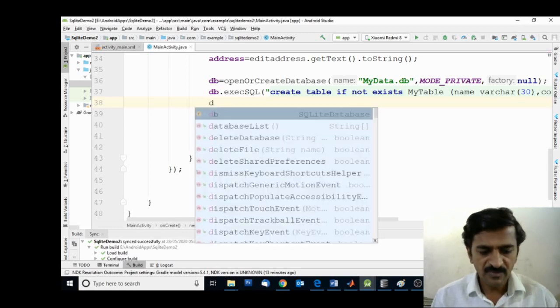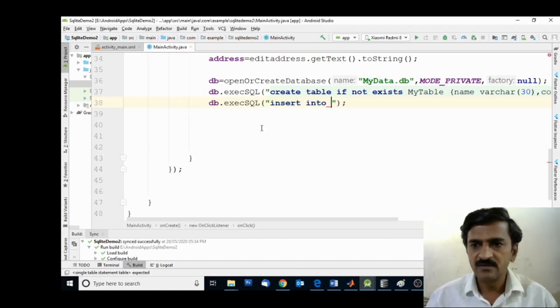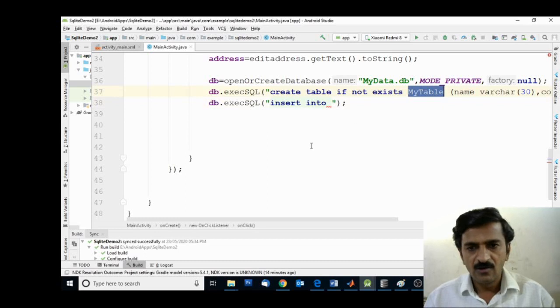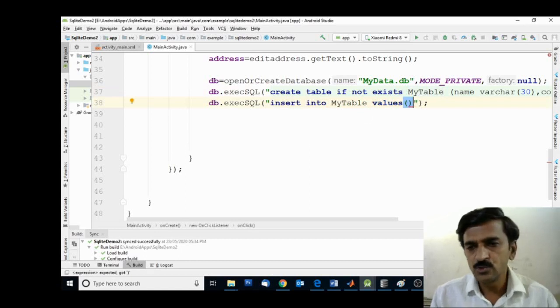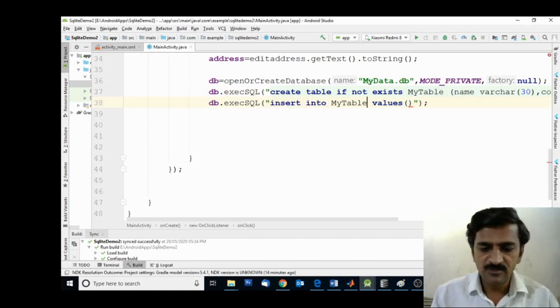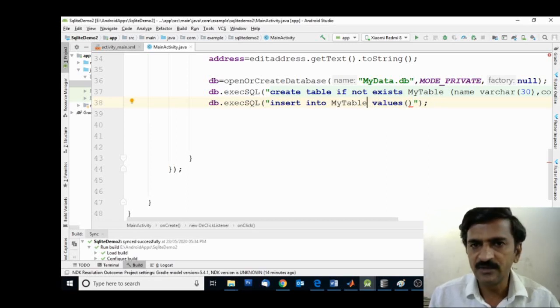So db dot execSQL, insert into this table. The name should be the correct one. So myTable and values. If you want to specify values for only two columns, then you can specify the column names here. But I am specifying values for all columns, so I'm not specifying the column names here.